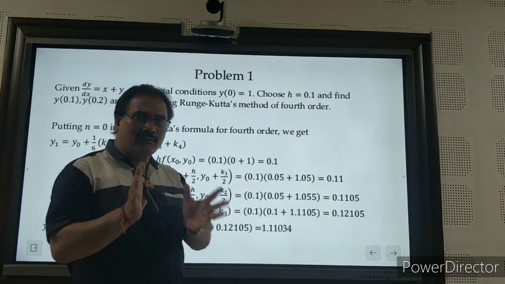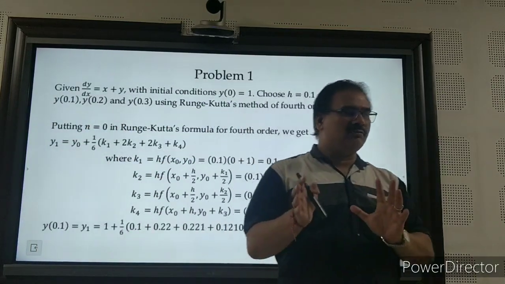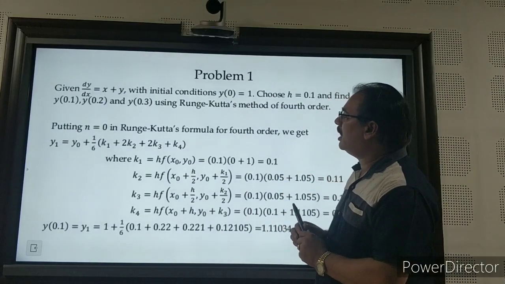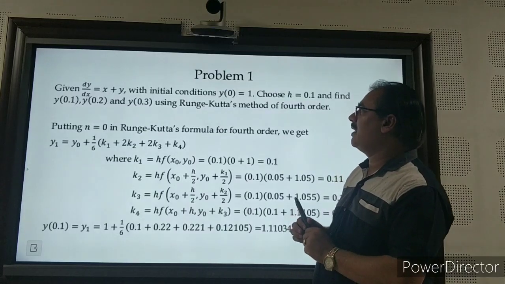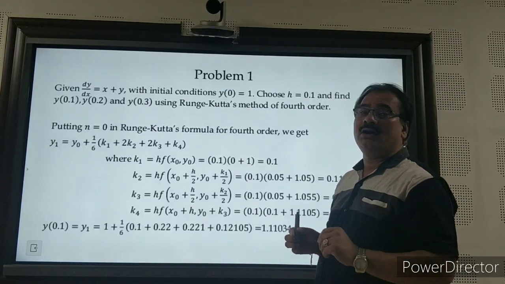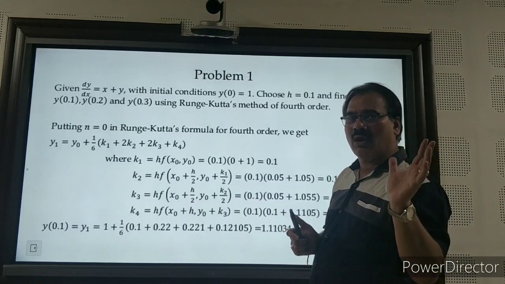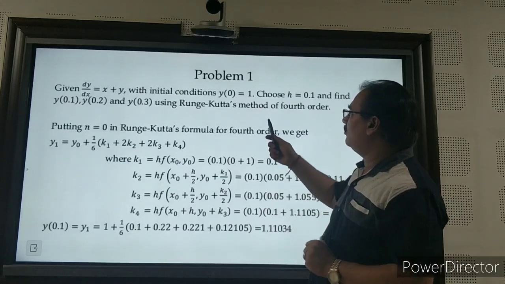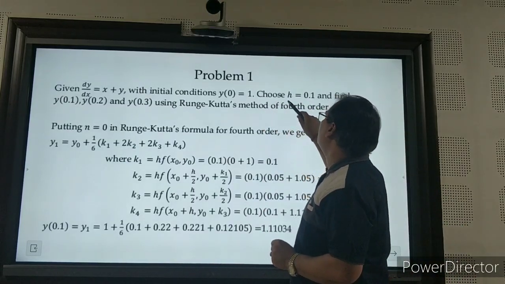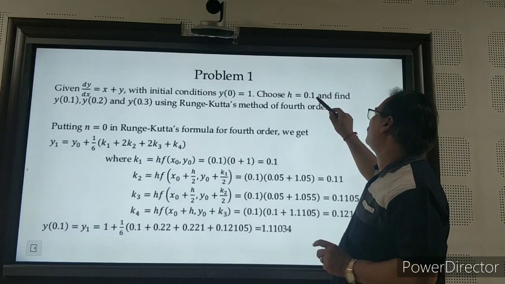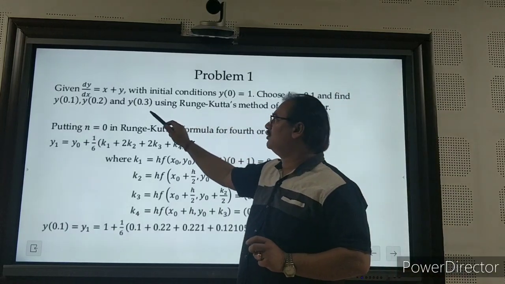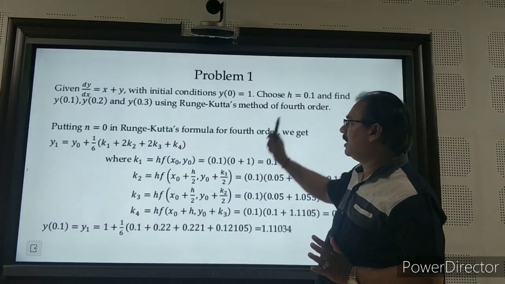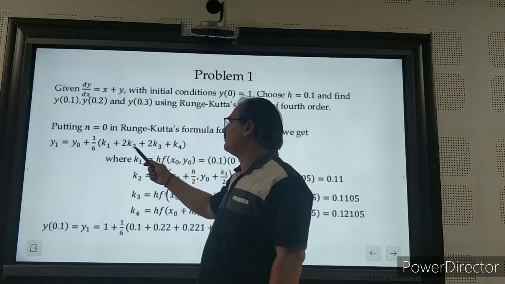So now in the form of a numerical problem, I will discuss the Runge-Kutta method of order 4, which is called the Runge-Kutta method, with the help of one numerical problem. So just to look, the problem is this: given that dy over dx is equal to x plus y, we already did the same problem in the previous lecture also, so in a nutshell you can know the difference easily. With the initial condition that y naught is equal to 1, I am choosing h is equal to 0.1, and find y at 0.1, 0.2 and 0.3 by using the Runge-Kutta method of the fourth order.